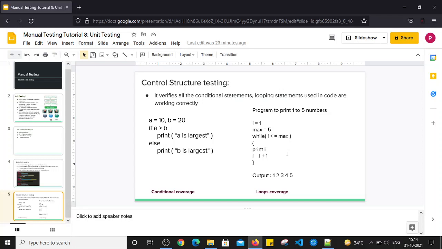Because there can be multiple conditions and multiple loops used in the code. These are just simple examples, but in actual code there can be n number of loops or multiple conditional statements used in that specific code. So during control structure testing, the developer normally verifies all the conditional coverages and loops coverages, whether conditions and loops are working correctly or not, right?